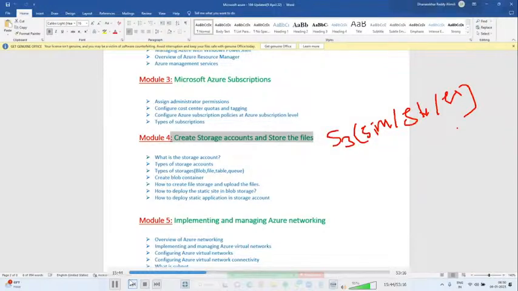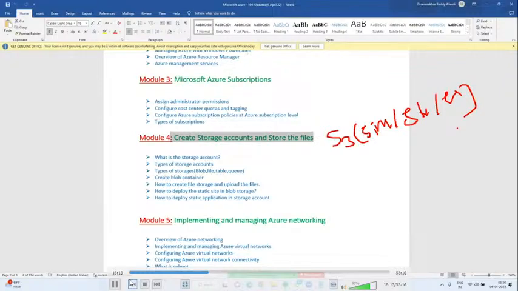Unstructured data, in the sense, movies. If we have 1 lakh movies, and each HD 4K Ultra HD video is around 6 GB, then 1 lakh into 6 goes to around 600 terabytes of storage. Same way, to store such videos and unstructured data, we will use a storage account.